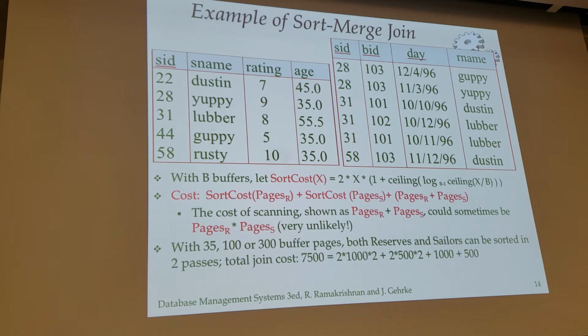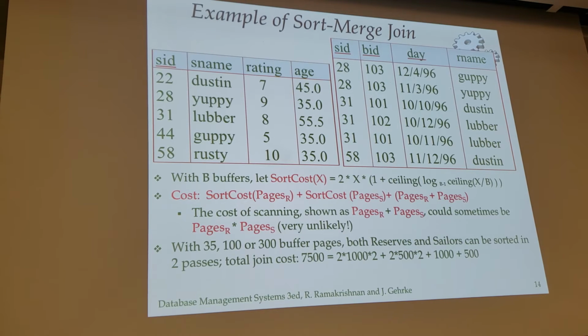So, example. Okay, so you have a bunch of sailors, you have a bunch of reservations. The left-hand thing is the sailors table, the right-hand thing is a reserves or reservations table. And basically, if you have,